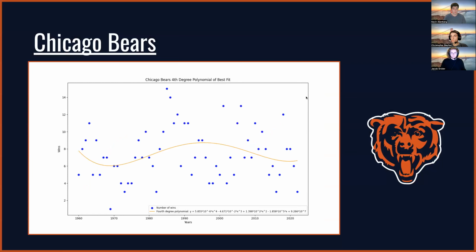Chicago Bears, we see again what we'd expect. The Bears are notoriously a pretty bad team, so we see a trough right away at the beginning. During the 80s and 90s, we see a spike when they were doing well, when they won their Super Bowl in the mid 80s. But again, that did not last forever, and we do see another trough going into present day with the Chicago Bears, as they are not the greatest team in the NFL.